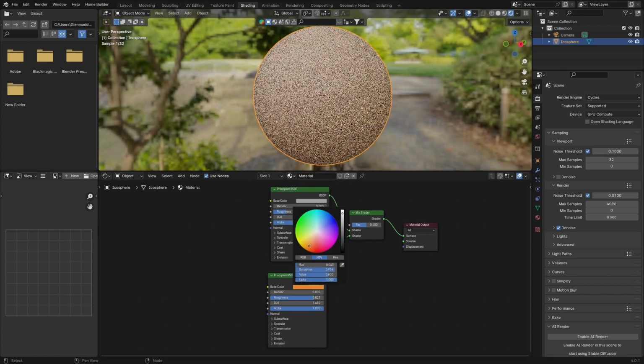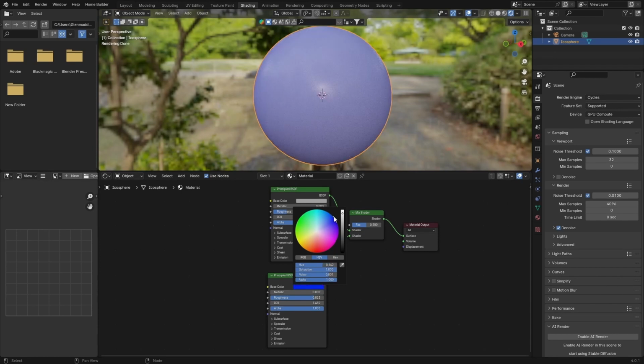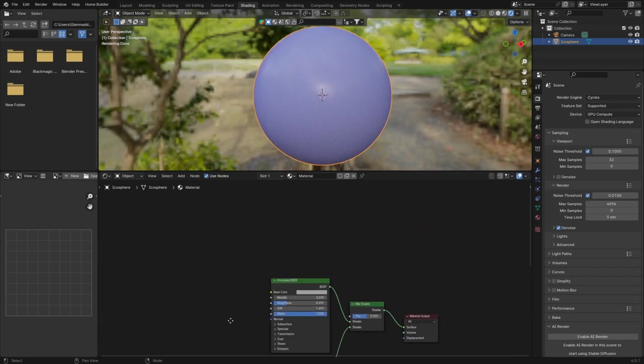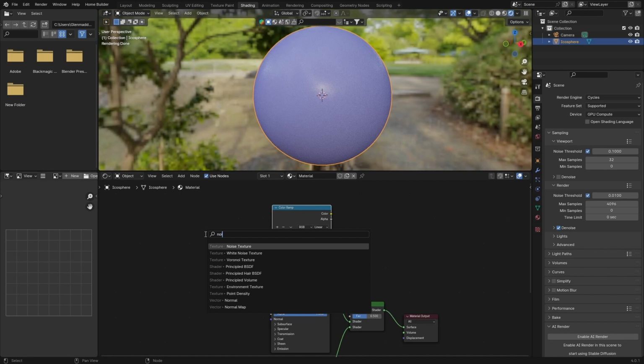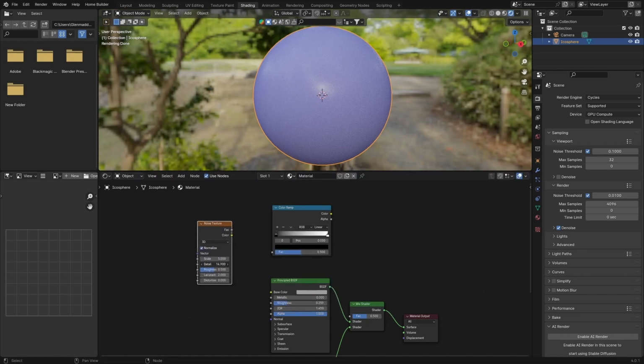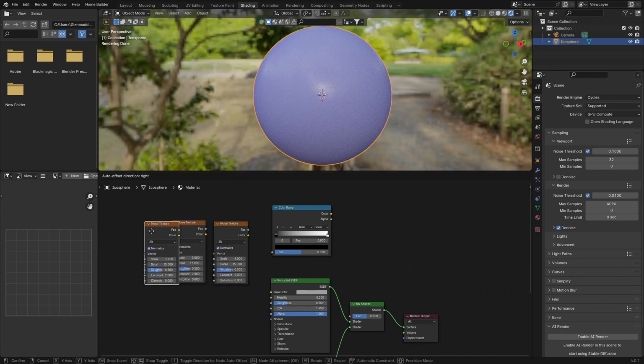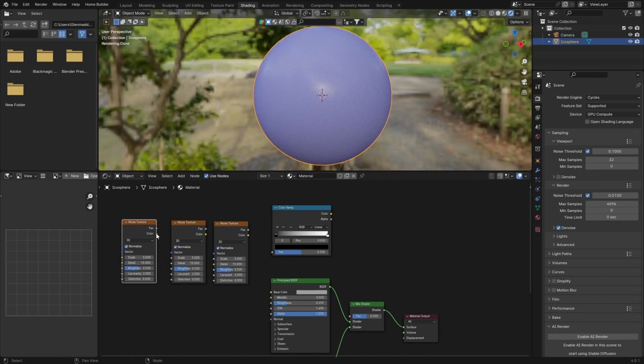And then what you can do is bring this down somewhere like that. Then this one you can make like a blue. Okay, then what you want to do is go Shift A, type in color, add a color ramp, put that there, and then go Shift A, type in noise, add a noise texture, then bring this detail all the way up, then bring this here, and then just click on it, go Shift D, and then Shift D again,